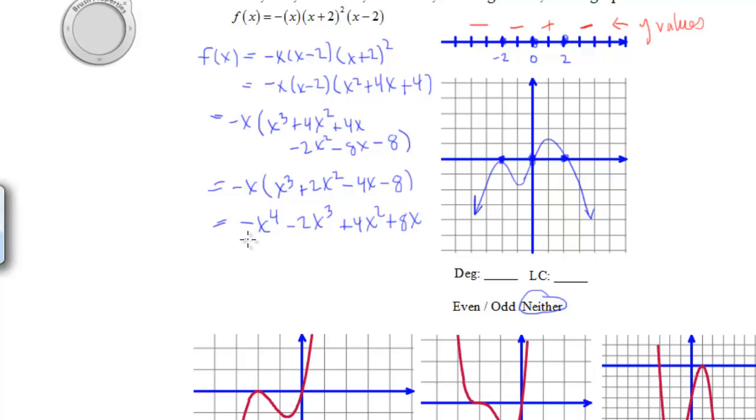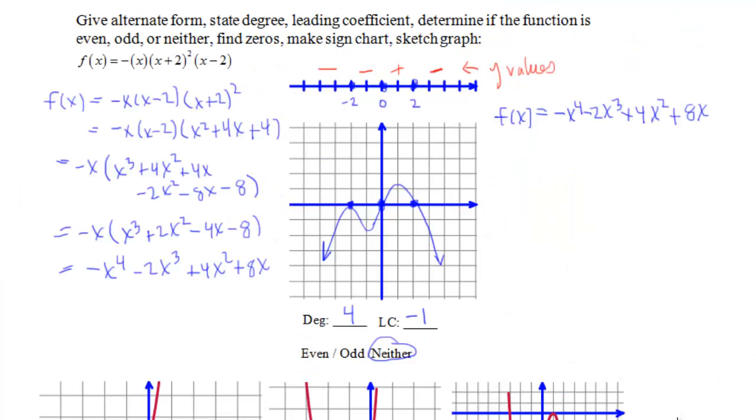And when the polynomial is written in standard form, you can identify the degree, which is the highest exponent, and the leading coefficient, which is the number in front of the term with the highest exponent. Okay, so